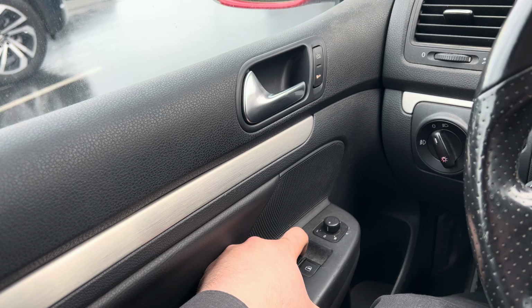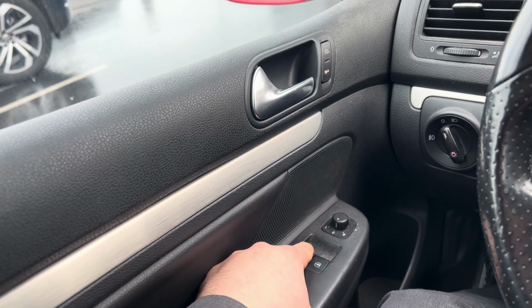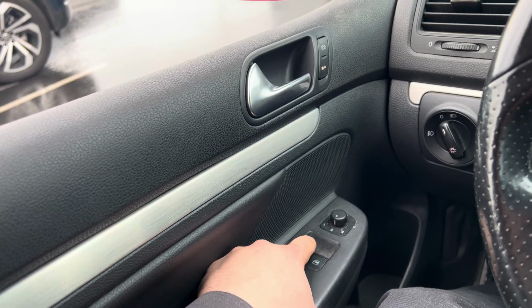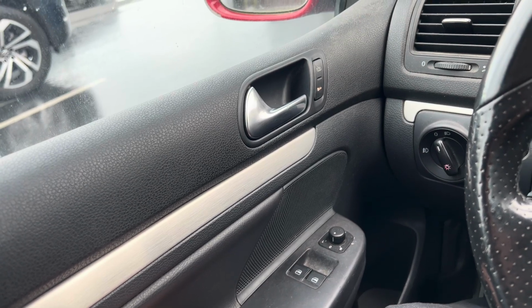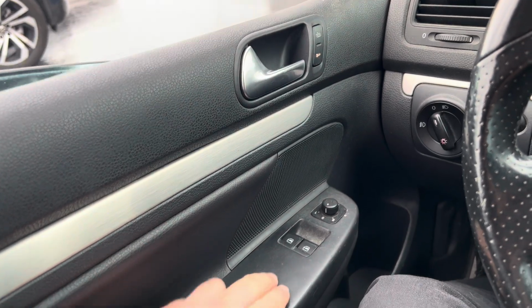Press and hold in the up position for approximately 3 seconds, and then press the button down and it should automatically go down to the bottom. It's at the bottom, press and hold up and it should auto roll up. And now you can verify this by actuating the windows up and down and make sure that the one touch